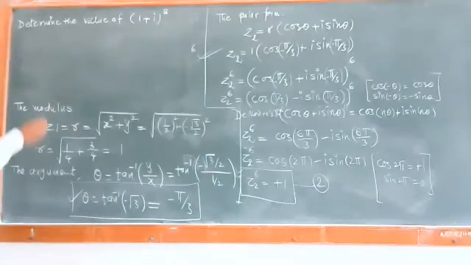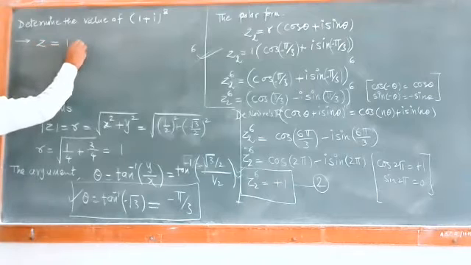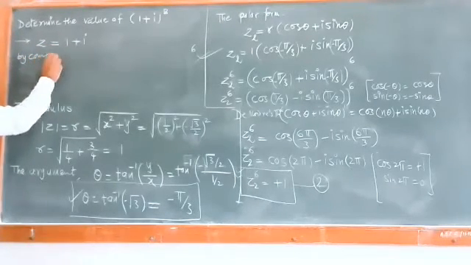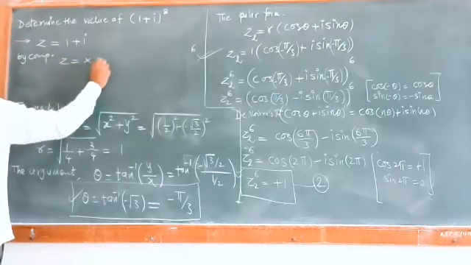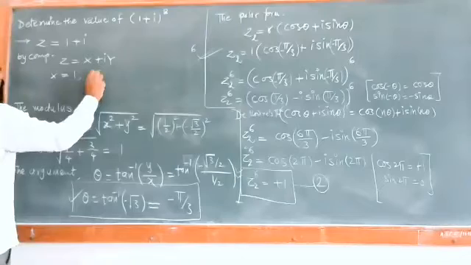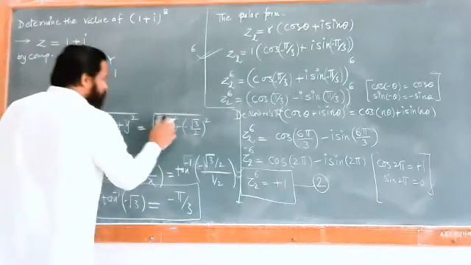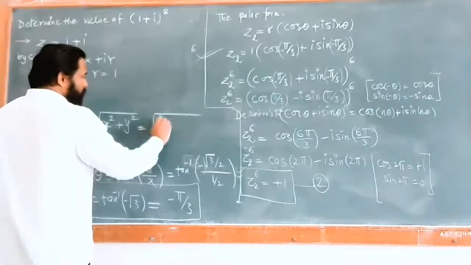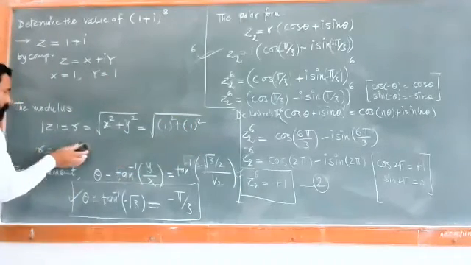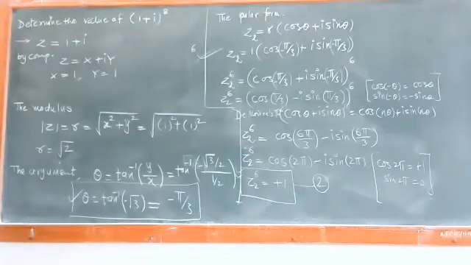कंडिशन्स पहा. Now I'll say z is equal to 1 plus i. So by comparing it with z is equal to x plus iy, I have the value of x is equal to 1 and y is equal to also 1. So what is the value of modulus then? The value of modulus is nothing but 1 square plus this 1 square, and so the value of r is nothing but root of 2. This is the first thing.